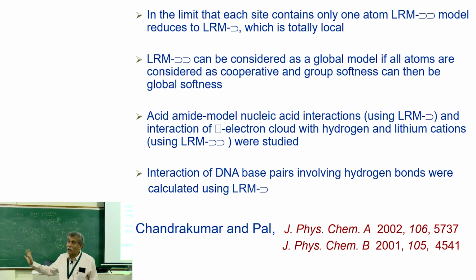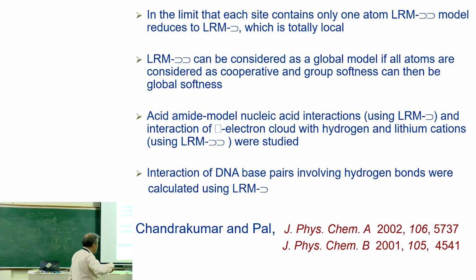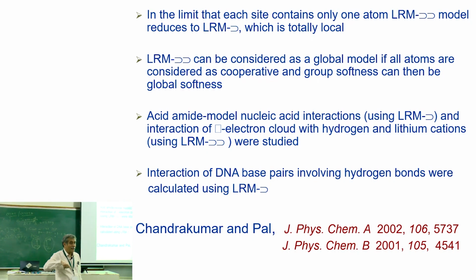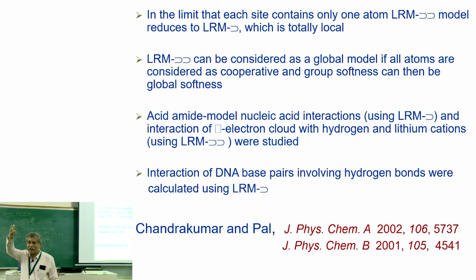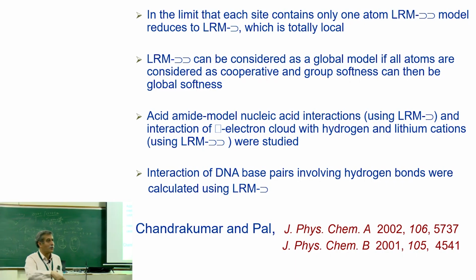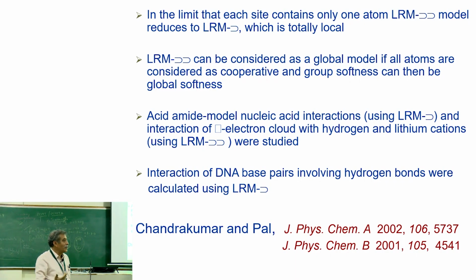And the code writing is also fairly easy, because you only have to get the population, then the condensed Fukui function; all you need is charges. We have written this in terms of density on atom, but if you do charges, it will just become different, because charges are just the negative of that. It has the nuclear charge minus the electron density. So you can take the charges which are there in every code. You do Hirshfeld population analysis, you get the charges, calculate the Fukui function, and then start doing. So writing codes and all that, there is nothing to it.